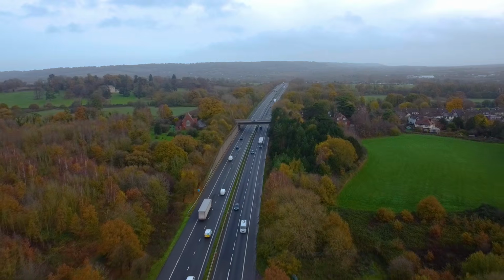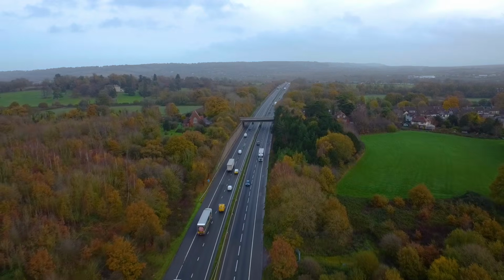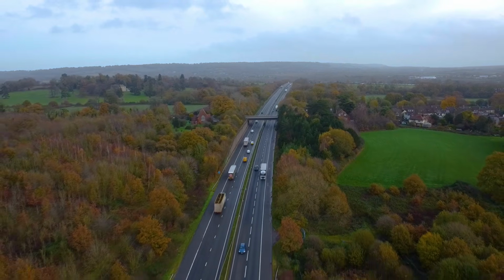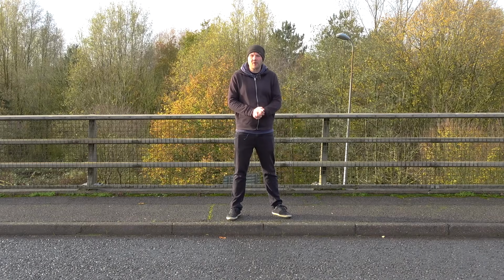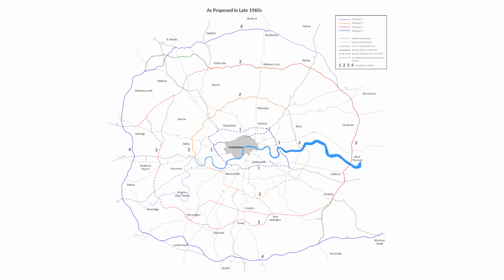Back in the 1960s, following no doubt a rather heavy session on the ales, somebody had the idea of building 4 circular motorway-style roads in and around London. What we could do with is some sort of map showing the plans. Oh, there we go. As you can see, a fairly ambitious plan then, and had it all been built, it